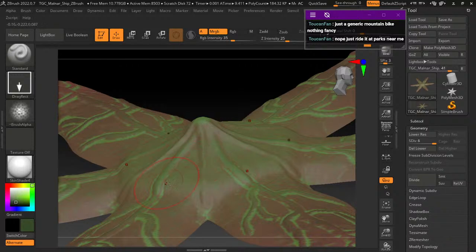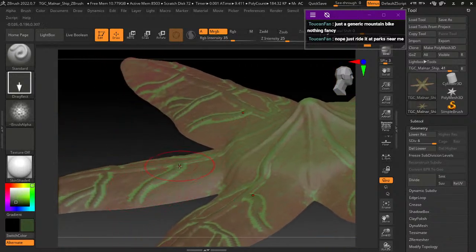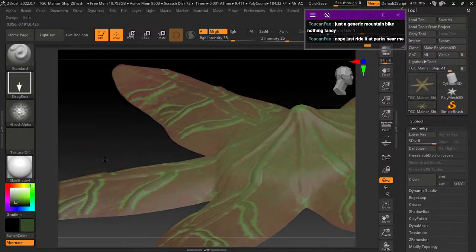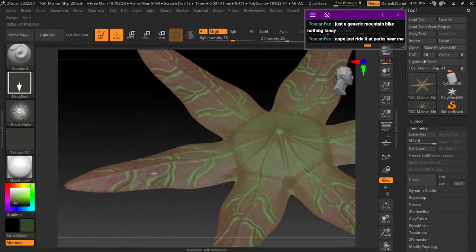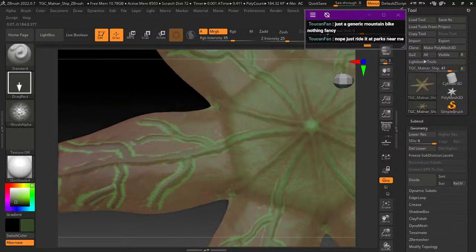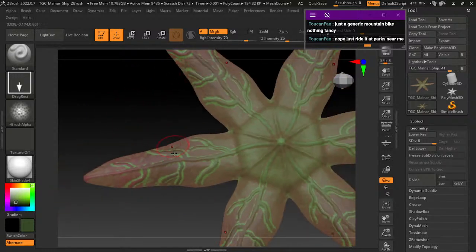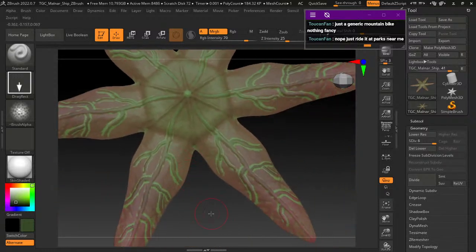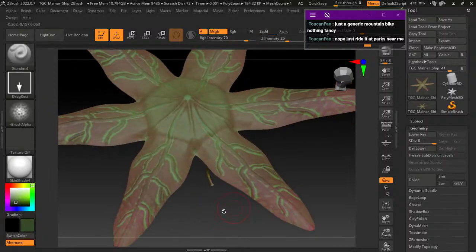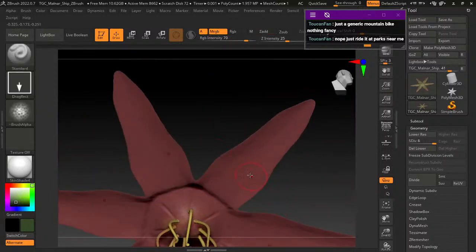Up here looks pretty good. These are a bit murky. But color-wise, I think that's good. I gotta go and fix some things, but